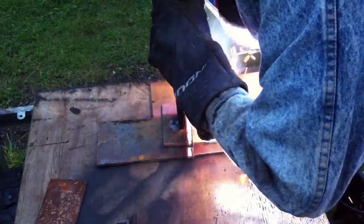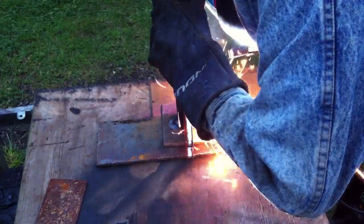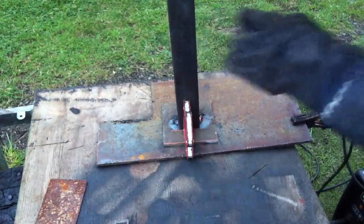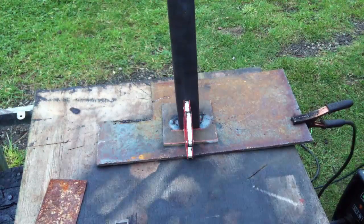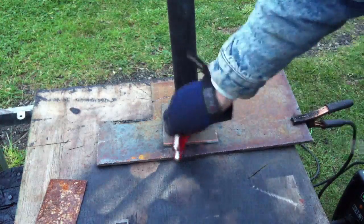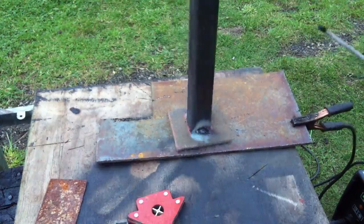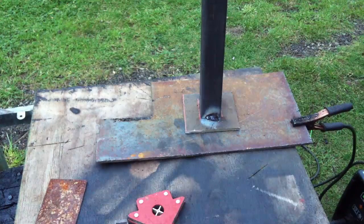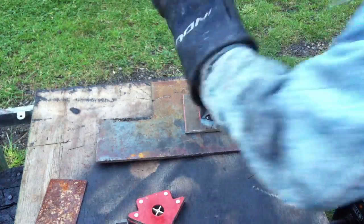Be cautious with your tacks. The one thing that I have a tendency to do is over tack. I sometimes act more like I'm going to finish weld it. I do that because sometimes I make a small tack and then it's not strong enough, and then the thing falls apart and I have to go back through the whole process of reapplying it. I would prefer to have too much weld on a tack than too little weld,